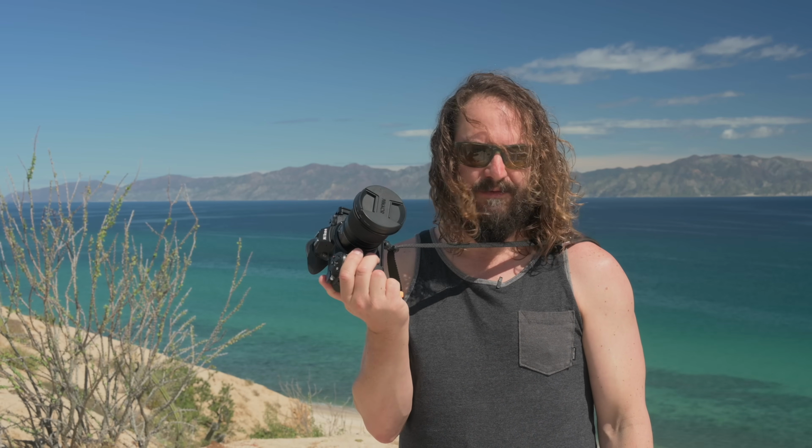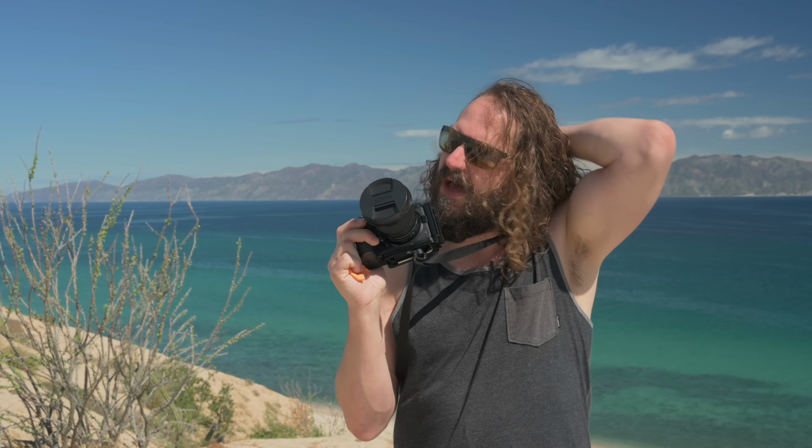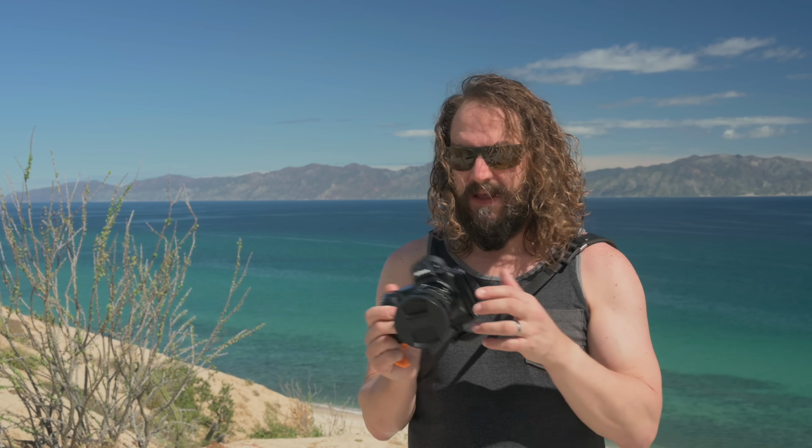I promised, having talked about the eye sensor for the Z camera people, to talk a little bit about mirrorless cameras and dust in general. A lot of people that have been switching over to mirrorless are saying, oh my gosh, there are so many more dust spots than I have with the DSLR. And that makes sense. You pull the lens off of this camera, this is my Z7, and boom, there's the sensor. Every time you're switching lenses, there's no barrier, there's no mirror box, there's nothing in the way